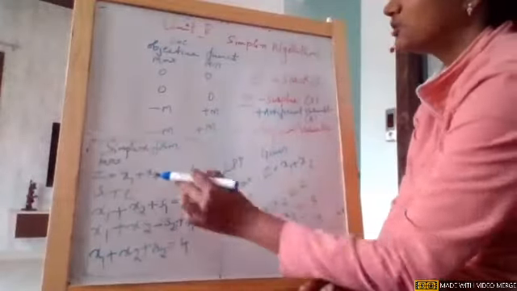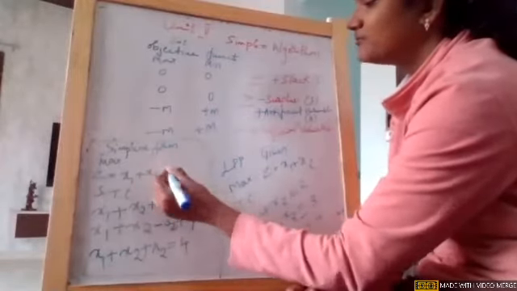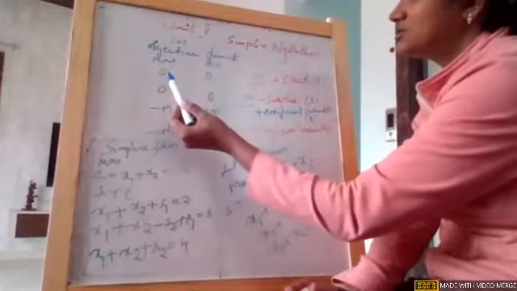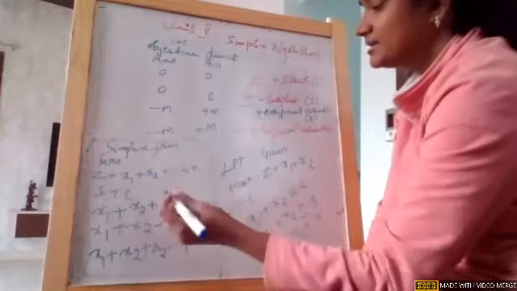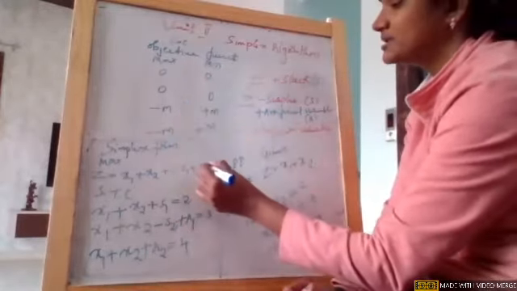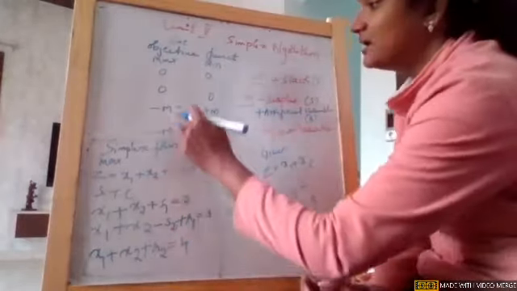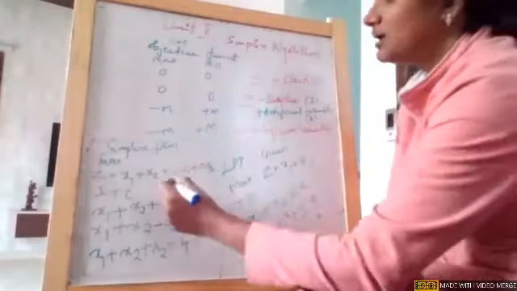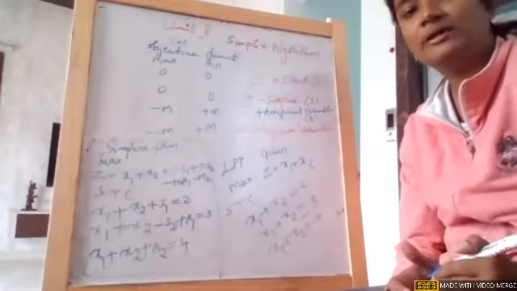I didn't show the objective function. Now the coefficients. If there is a slack, the coefficient will be 0 into S1. As it is a maximization case, 0 into S1 plus, there is also surplus. For surplus also the coefficient is 0 into S2. And now there are two artificial variables as well. When it is an artificial variable, the coefficient in the objective function is minus M. So minus M into A1 minus M into A2. This is how you will represent your given LPP model in simplex form.